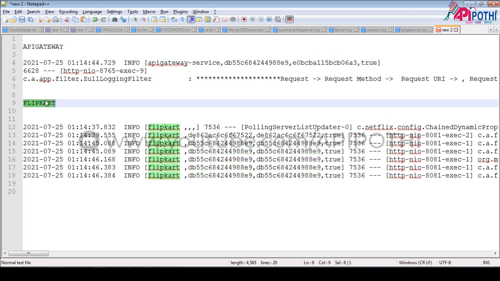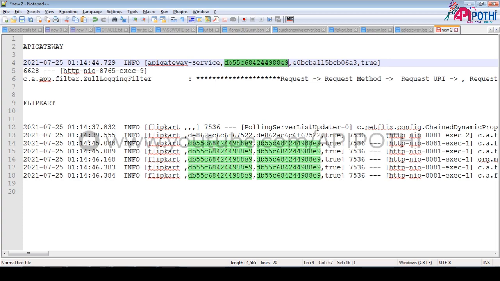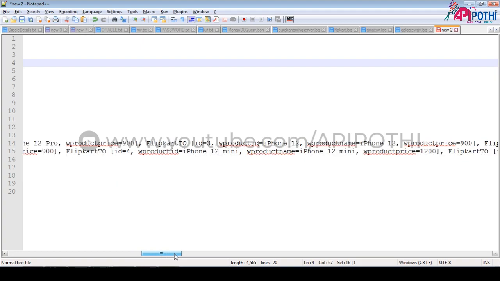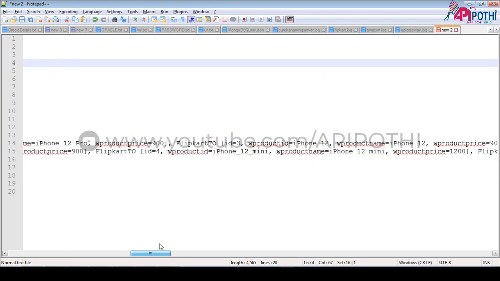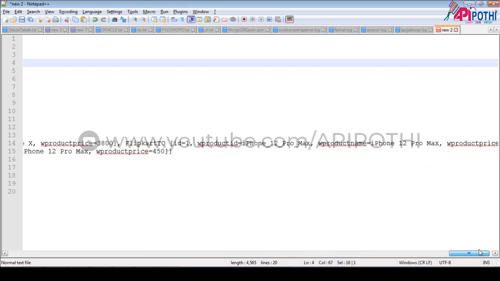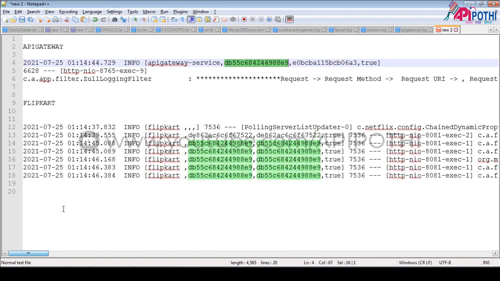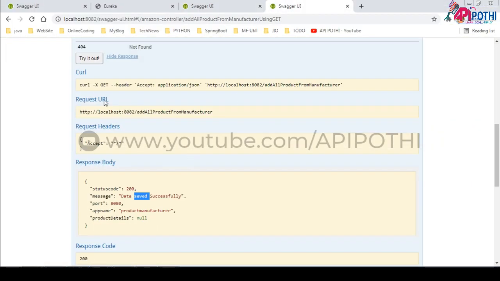We will copy this ID, go to the Flipkart log and paste it, and we will see this ID is matching with these requests. Then we can easily find out where the problem is. But now there is no problem, everything looks fine. But from a debugging perspective, this ID will help us debug our request.